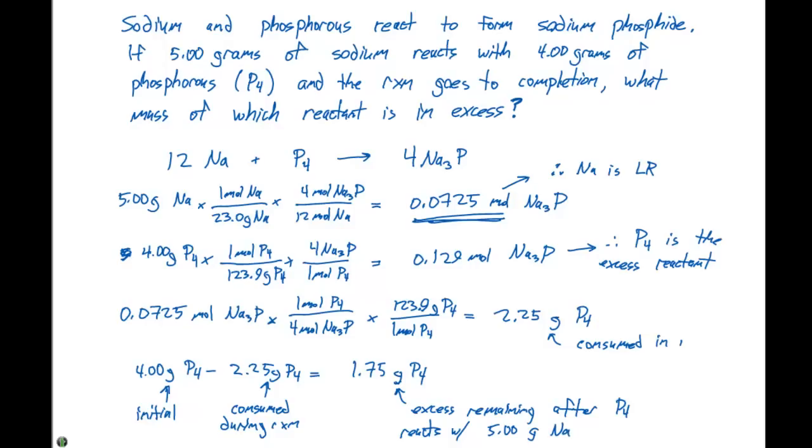So this value right here is the mass of the reactant that is left over after our reaction completes, and the excess reactant here is our